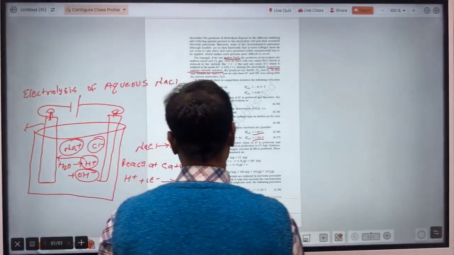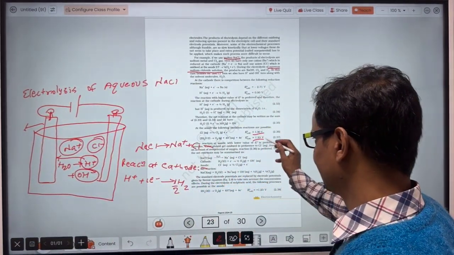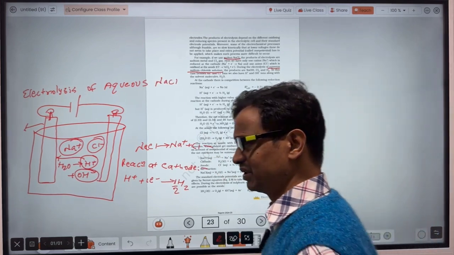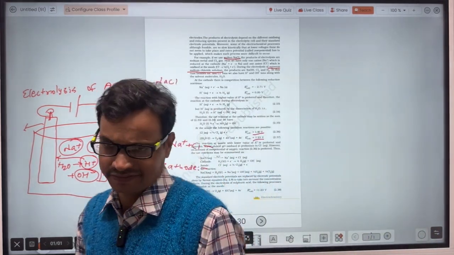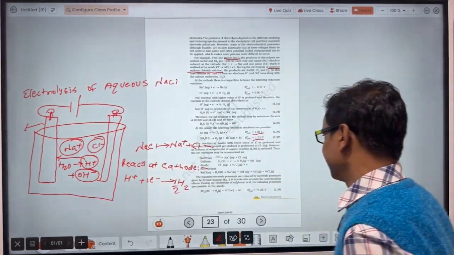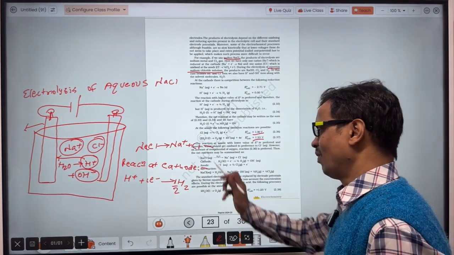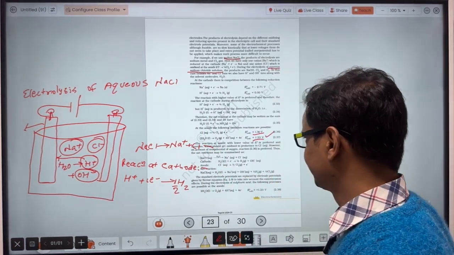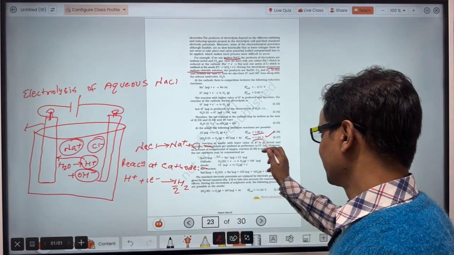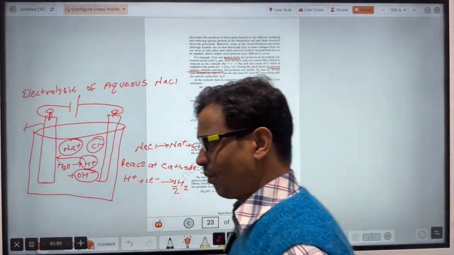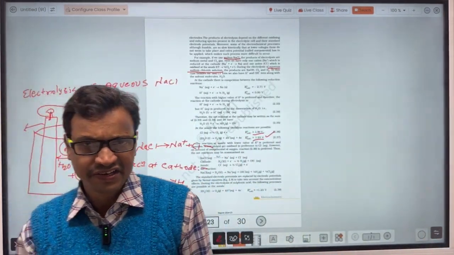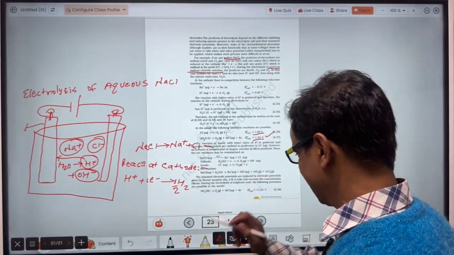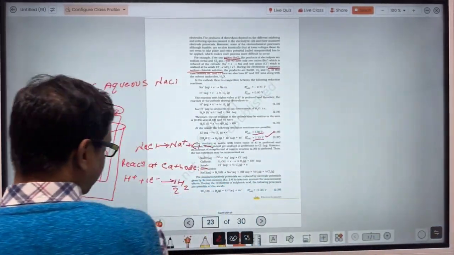Here it indicates that the water will have a greater tendency to get oxidized, but the oxygen